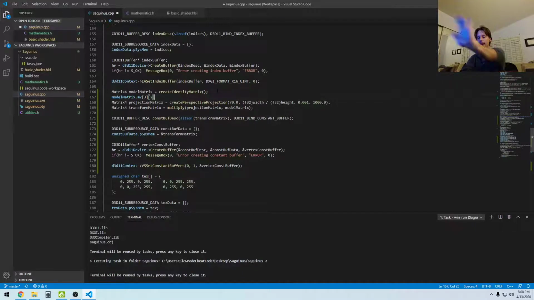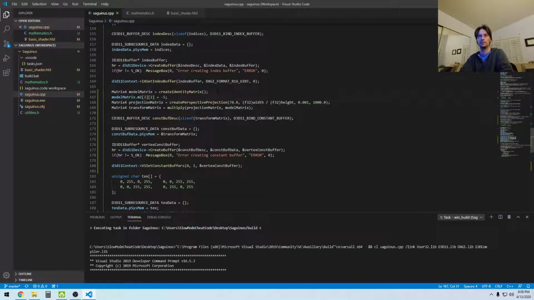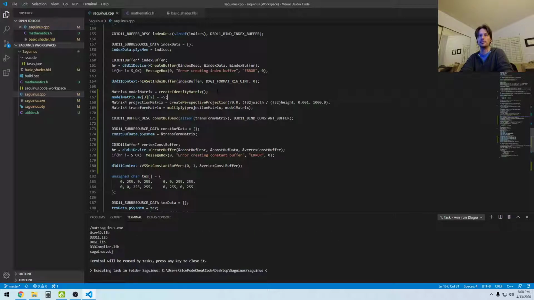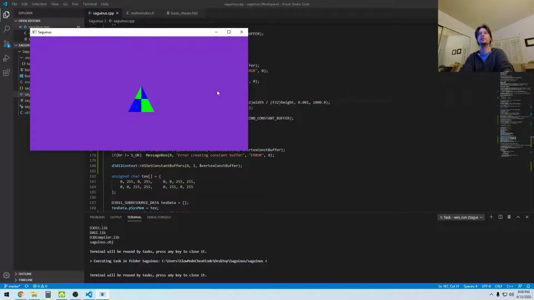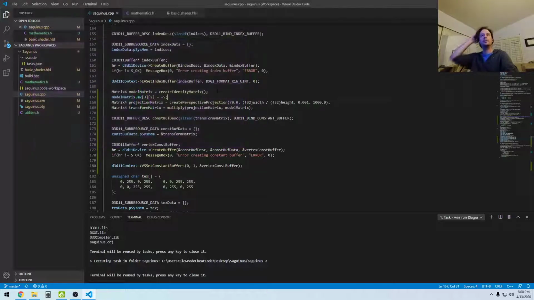And I want to push it back. So to push it back, I believe I want to go negative. So let's just make that -5. And if everything's going well, I'll see my triangle looking like it's pushed back in the distance. And it is. Oh my God, I'm so excited about that. Okay, that is awesome. That is so cool. All right, wow. I don't know if that's cool, but